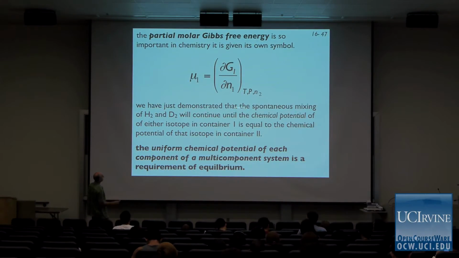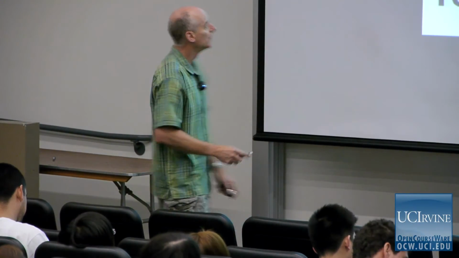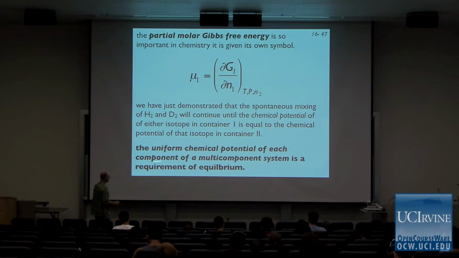So we have just demonstrated that the spontaneous mixing of hydrogen and deuterium will continue until the chemical potential of either isotope in container 1 is equal to the chemical potential of that isotope in container 2. It's this chemical potential that has to be the same on both sides before we're at equilibrium. The uniform chemical potential of each component of a multi-component system is a requirement of equilibrium. In other words,